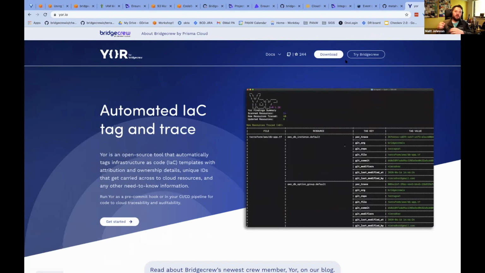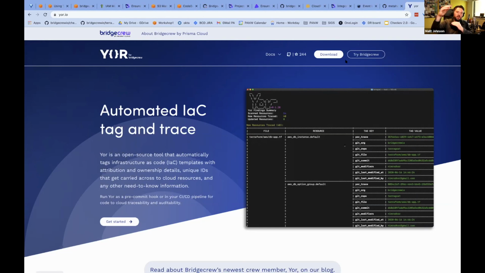So with a very simple yor config file, you start creating your own custom tags, either just raw text or based off other tags that yor has already added. So yeah, there's a really powerful set of flow down logic there where you can create tags based off